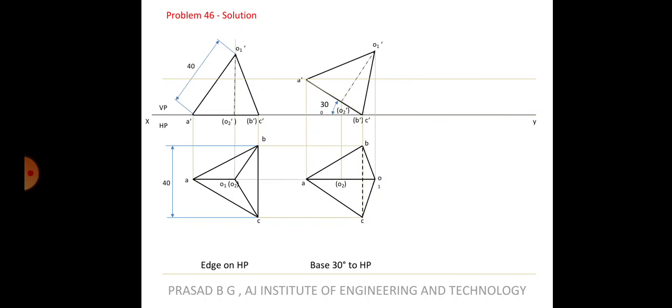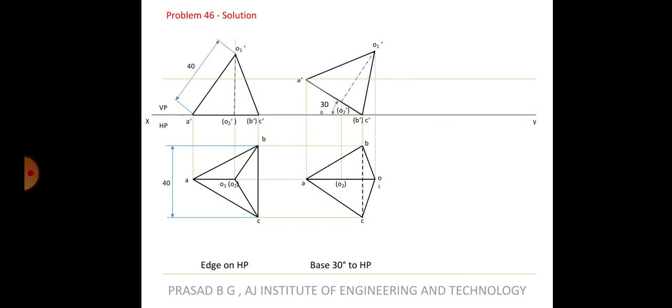I've been always telling you that you have to make sure that the drawing comes below the XY line. I was never telling you that you should maintain so much distance or it should be very close or very far. No, because nowhere that was mentioned in the question at all. The condition was like it should be at an angle of so and that has to be maintained. So axis means axis should be at an angle of 40 degrees or 30 degrees. And the drawing should come below the XY line. That was the only condition.